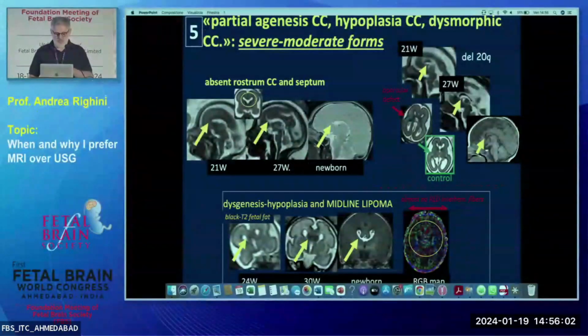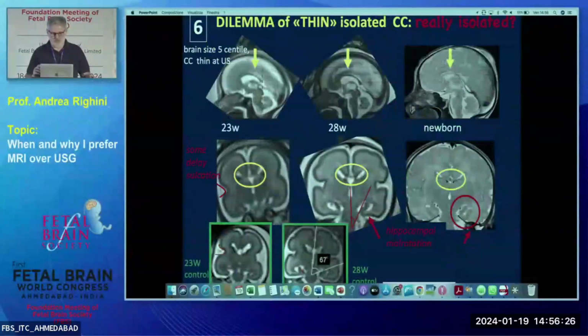And of course, when you do DTI before birth or after birth, in this case, you don't see the classic red stripes indicating connection between components. Let's say the fibers are not fibers, they are components, artificial electronic components through the corpus callosum. Very important not to consider the DTI as axons, it's just an electronic elaboration, of course.